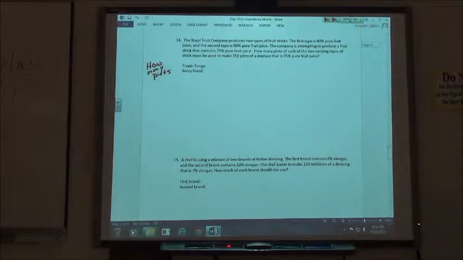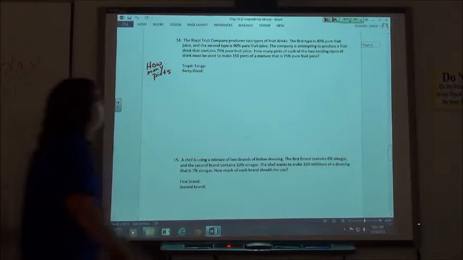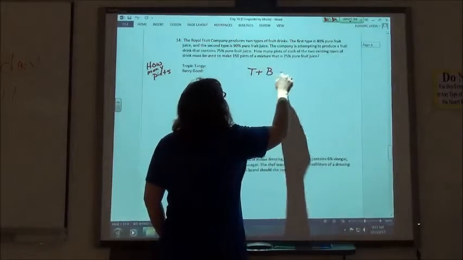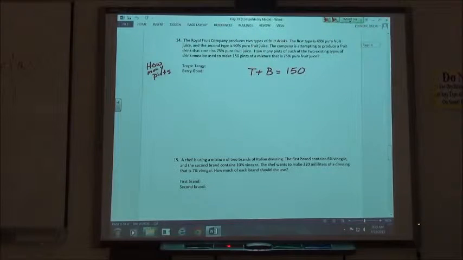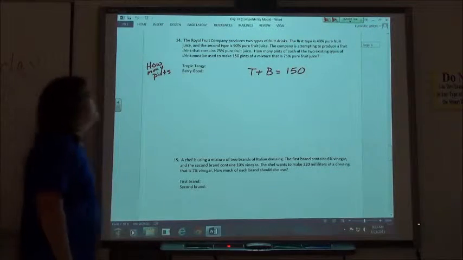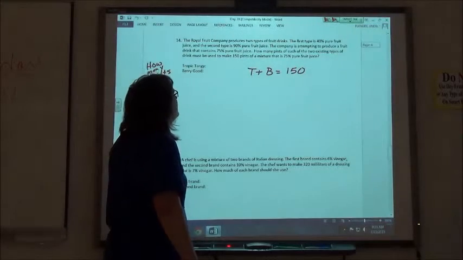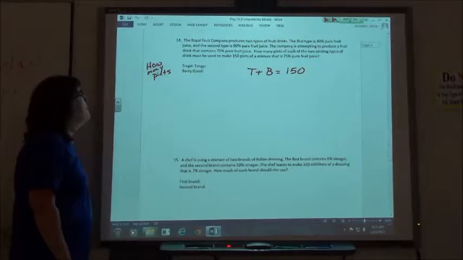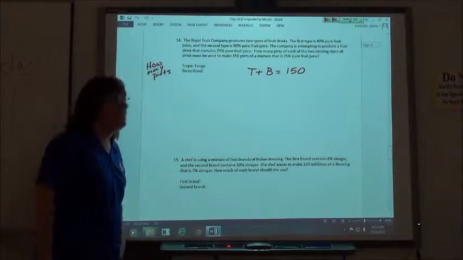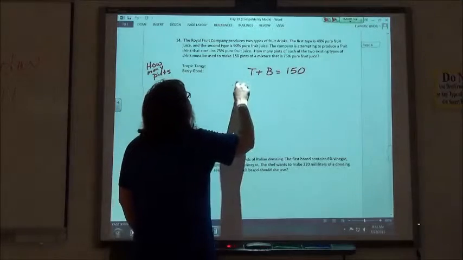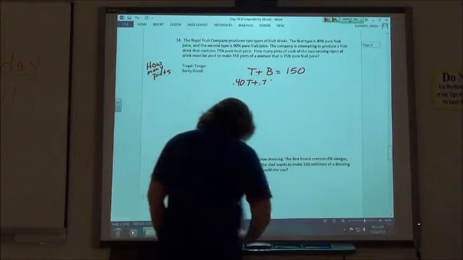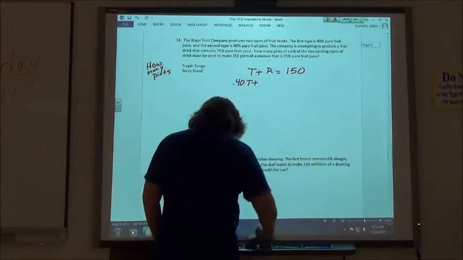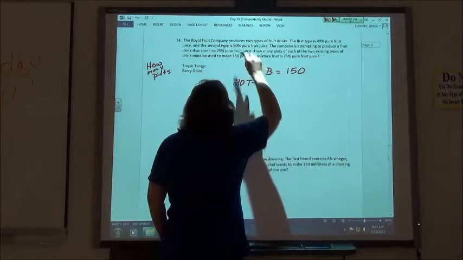What might I use for my first equation? T plus B equals 150. T plus B equals my 150 pints of my drink. My second equation: 40% T plus 90% of B. Not 75% B, 90% B. Right, 90% of the second